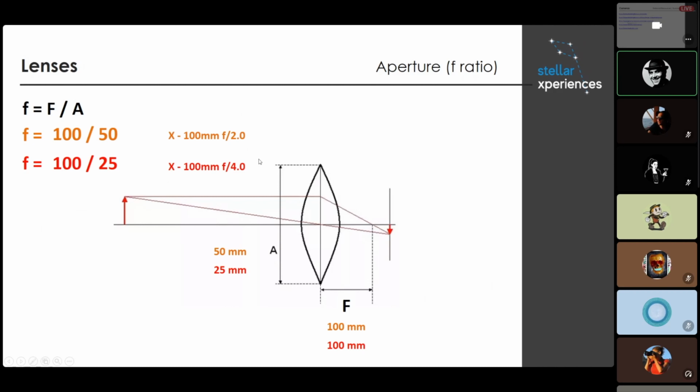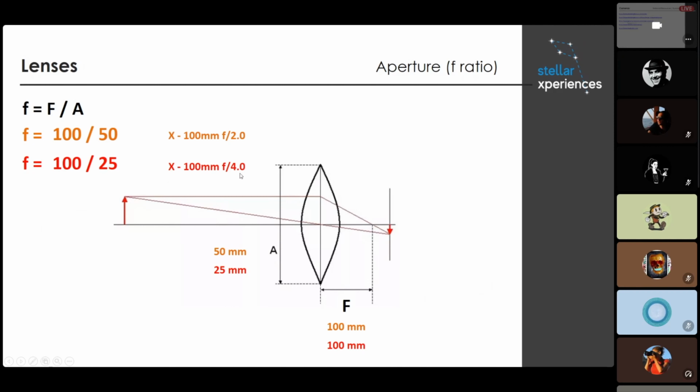It looks good because the number is bigger, but it's not good because it slows down our lens, which means this lens will collect 2 times more light than this one